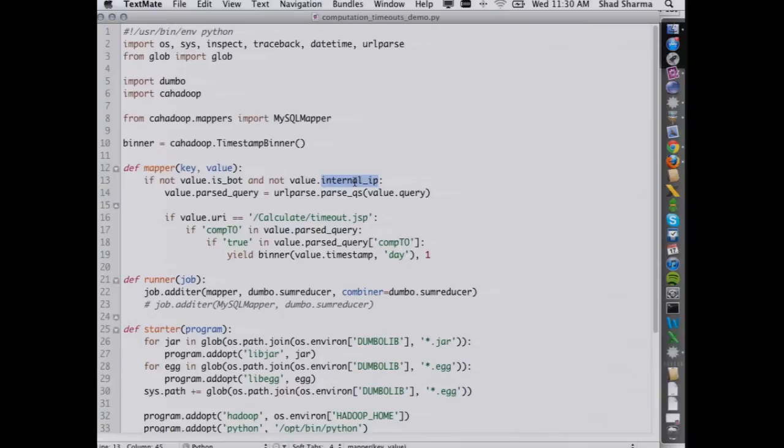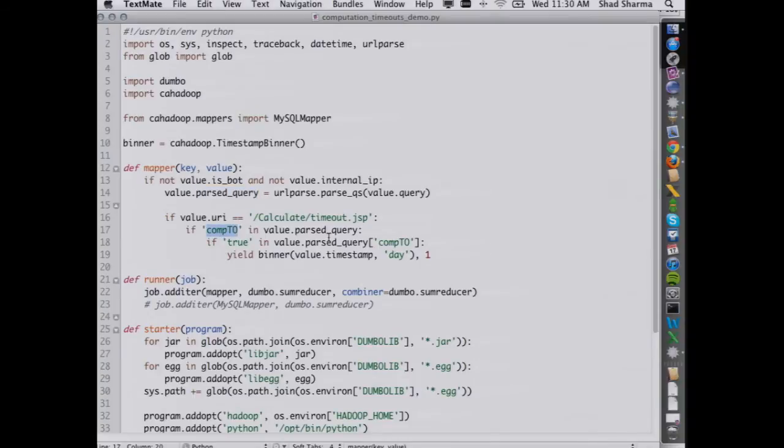If those are good, then we parse the query string and assign it to the parsed query property. Then we check, is the URI of the request the calculate timeout.jsp that we identified from before? If it is, then we check to see if compto is in the parsed query.